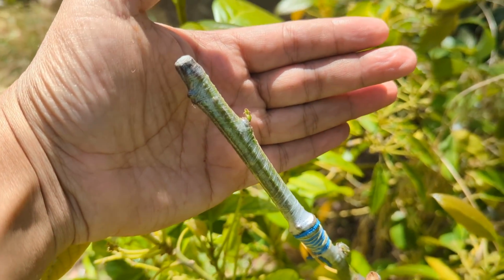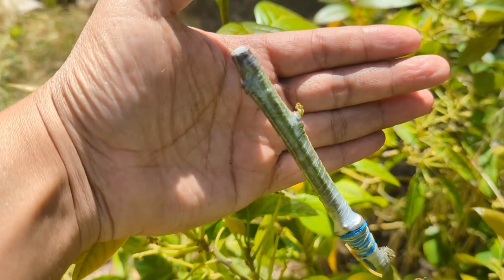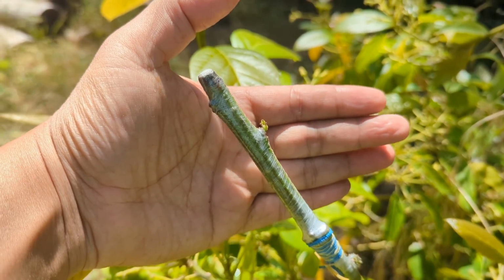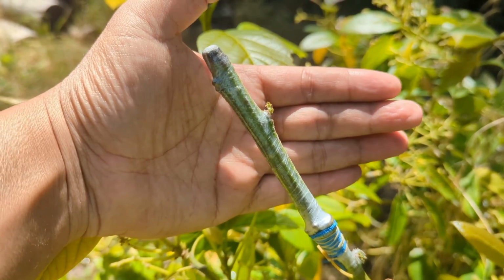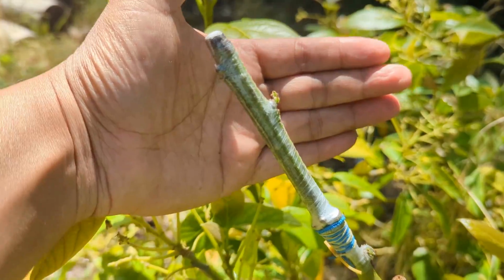You see that bud right there? It's starting to push. So it looks like it's starting to take, and I hope it does, because having another variety on this Mexicola Grande will be kind of nice. I'm thinking of adding some additional varieties on here also,